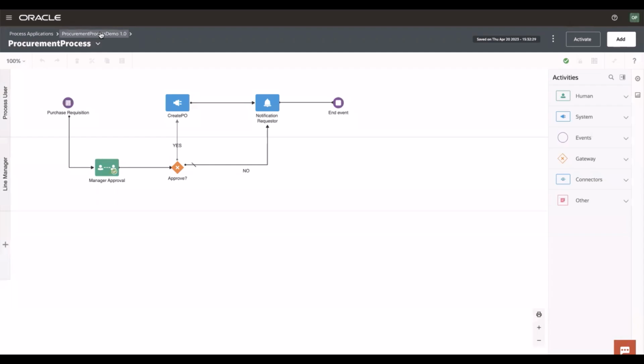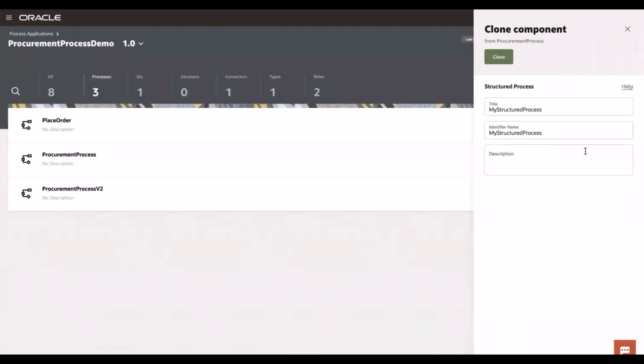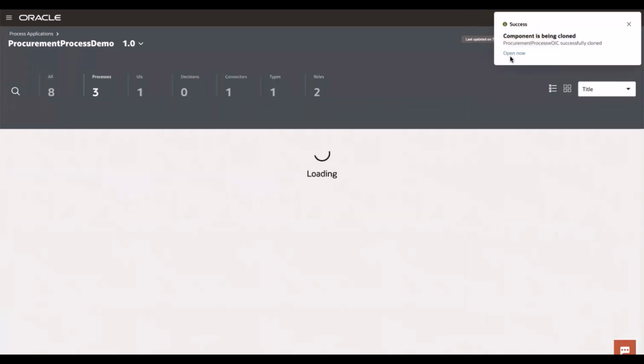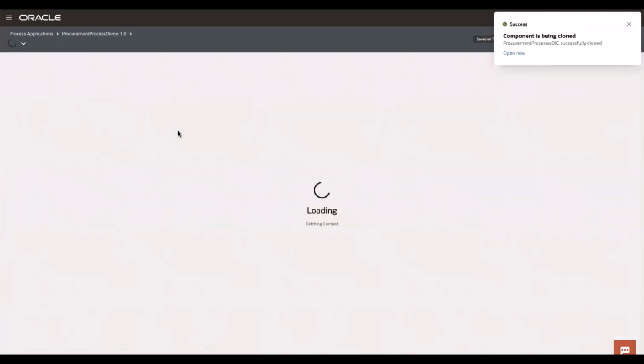What we can do now is we're going to bring in an Oracle integration to this scenario. So to do this, what I'm going to do is clone this process, and we're going to create a new one called procurement process with OIC. There we go. So now we have a new process,